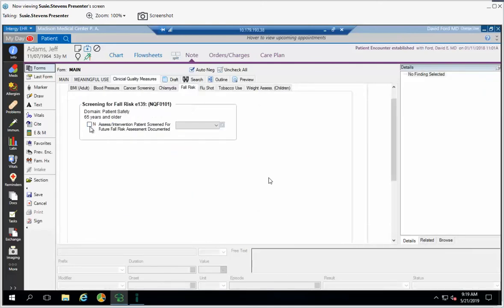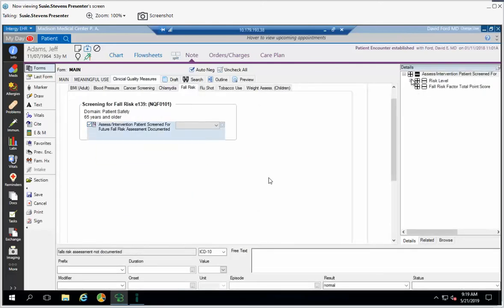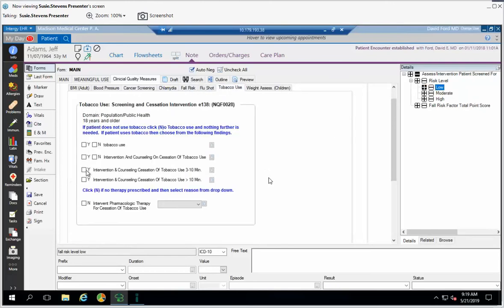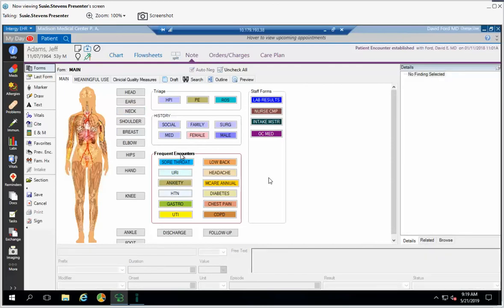On the CQMs, maybe I want to indicate that there is no fall risk or low fall risk, and I want to check that off my list. Tobacco use, maybe I want to indicate that we did some counseling with the patient in reference to that. So I can build my CQMs and meaningful use questions directly into tabs right off of the typical templates